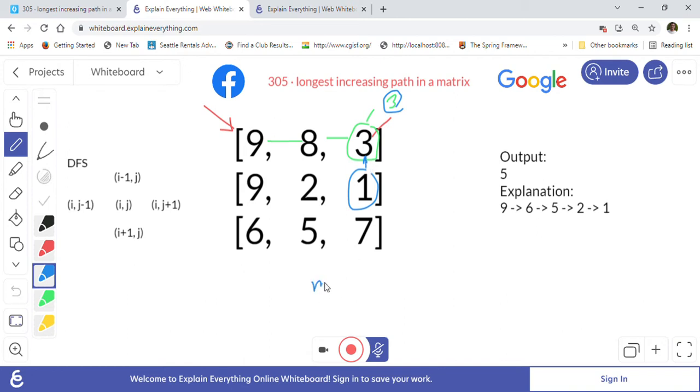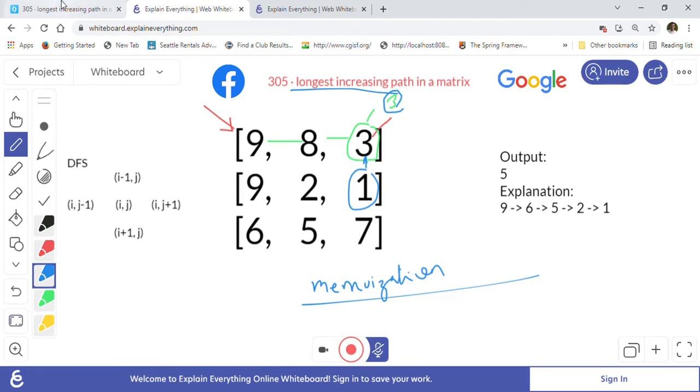So that is called memoization, right? I am just writing it here. This one is required, otherwise the solution will time out. We will use a two-dimensional 3 by 3 array, and we will keep updating the memoization array as we calculate the longest path for each cell using DFS, right? At the end we will just maintain a max variable, which will give us the longest increasing path in the matrix.